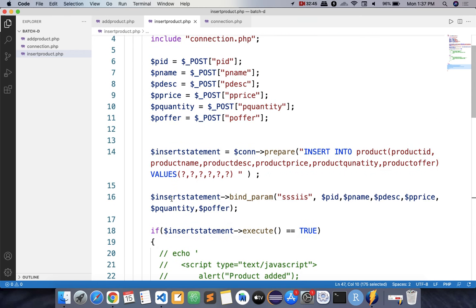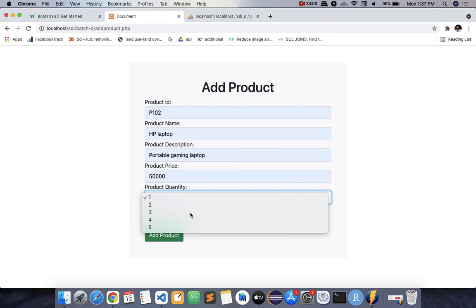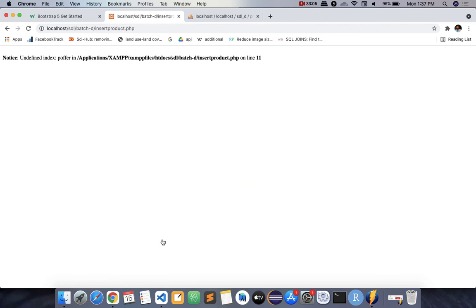Now we'll go back, we'll fill the data again. HP portable gaming laptop, 50,000, quantity 3, and we have not selected the offer. Add the product.